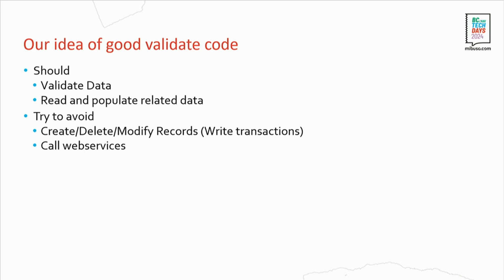Then also, let's first look at the voids. Create, delete, modify records. I know there are modifiers, and I know there are also creates in the base app, especially when you look, I think the most prominent example for this is the dimension set entry. And we're going to touch this later again. But in general, starting write transactions when the caller of the validate code does not know about this, it's somewhere hidden underneath, and it could be a few levels deep under the validate, might not be a good idea. So that might be a better place, like to put it in the modify trigger or somewhere else where the caller knows that he's going to end up in a write transaction.